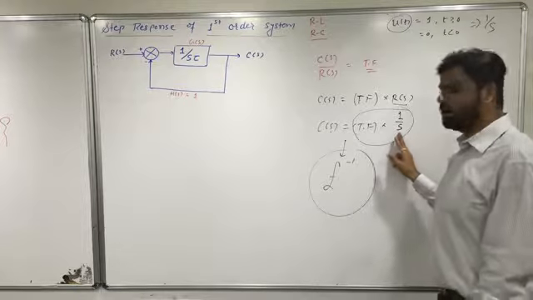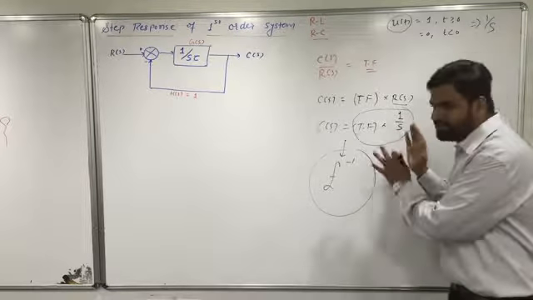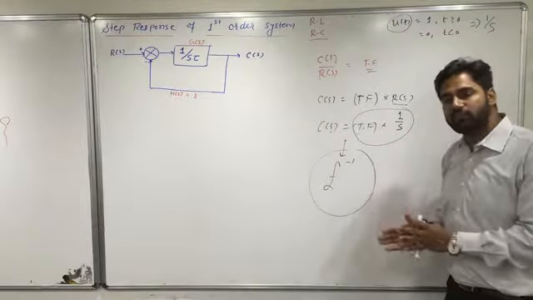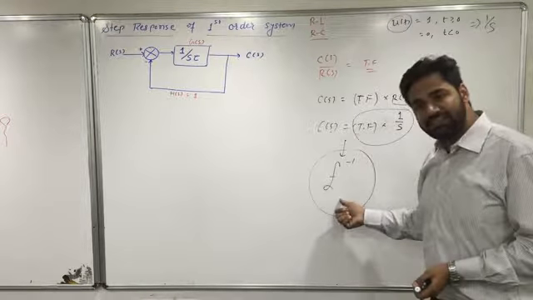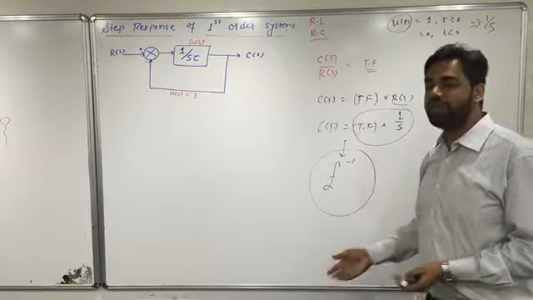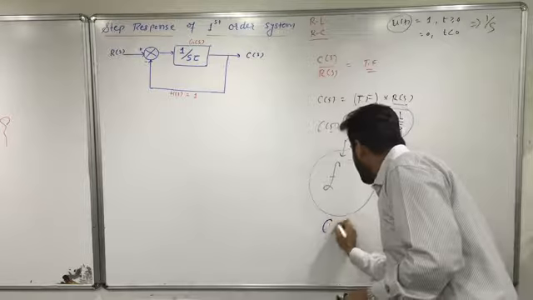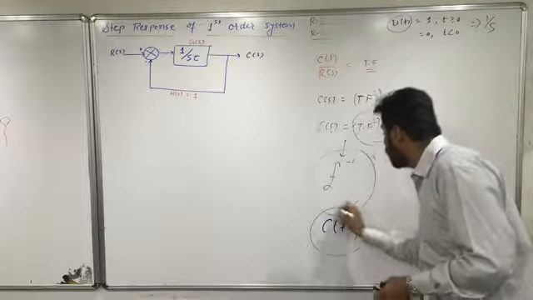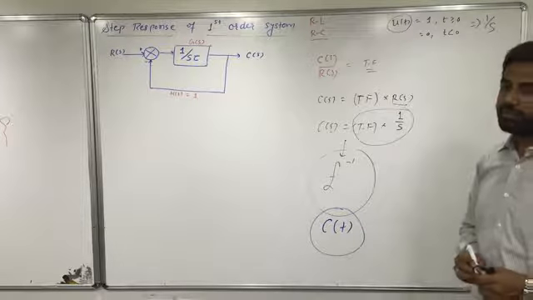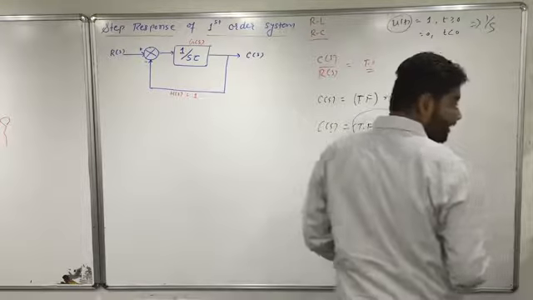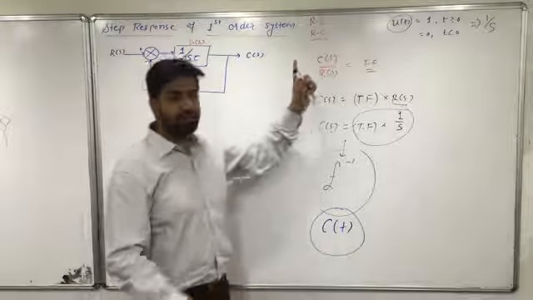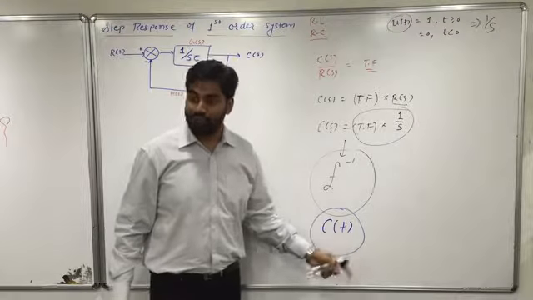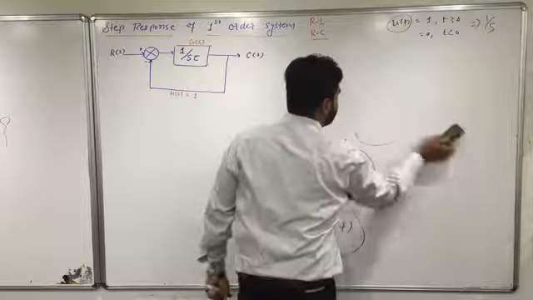Then the transfer function is multiplied with this. I will apply the basic fundamentals of Laplace transform that we have already studied in Engineering Mathematics 3, and then I will take the Laplace inverse of it and find out c of t. So my basic motto is to find out c of t. So now let us do the mathematical derivation over here. I hope you understood the flow of the theory.